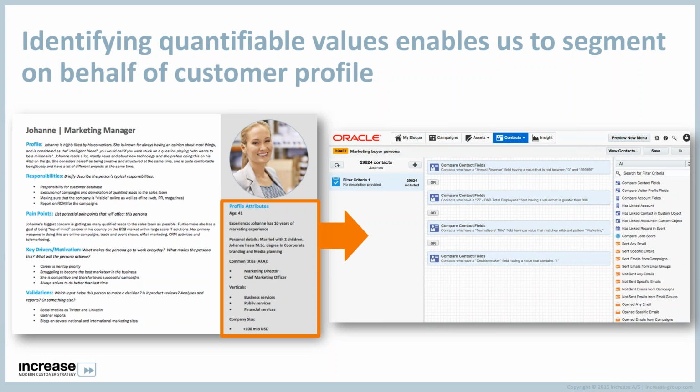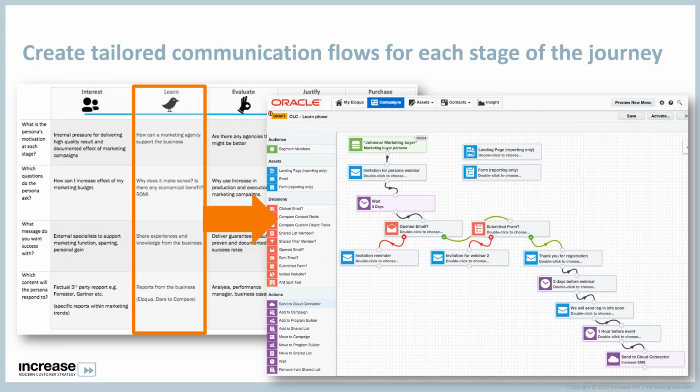So now she is not only Johanna, she's a lot of Johannas, which means that when you want to promote the content, you can just shoot it out through a segment in Eloqua, and it could look a little like this. So you have a person in the learning phase, and you have a